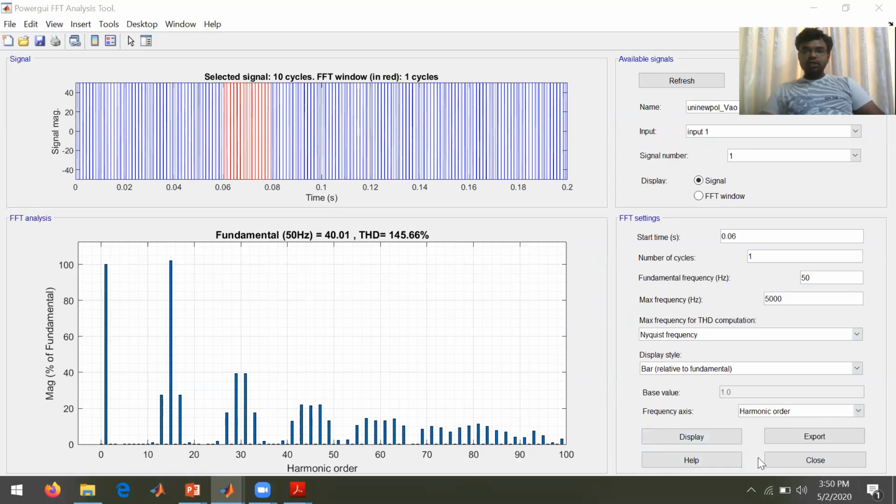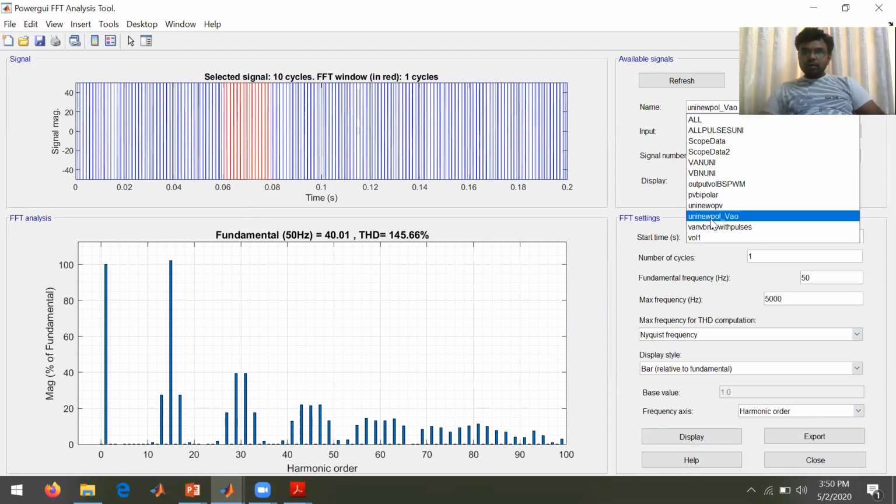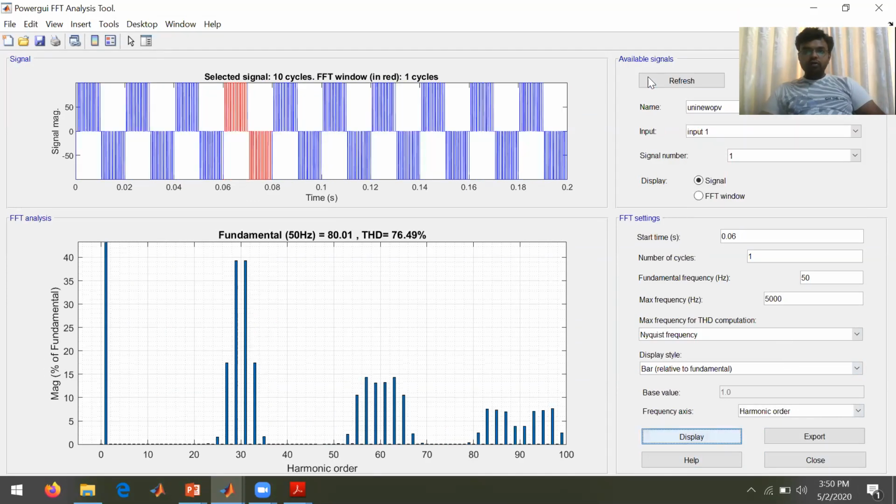let me go for 1 second. So see, this in the bar means we have to go for output voltage, right? Where does the first band of harmonics exist? 31 and 29. In case of unipolar, 15, somewhere around here. So that's why the THD is reduced here. In case of bipolar,